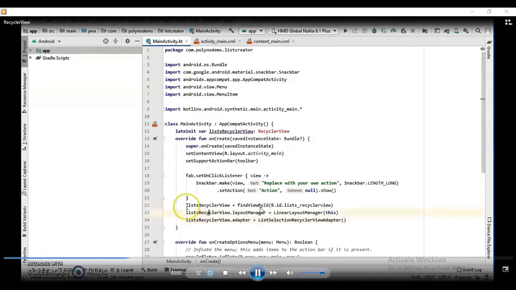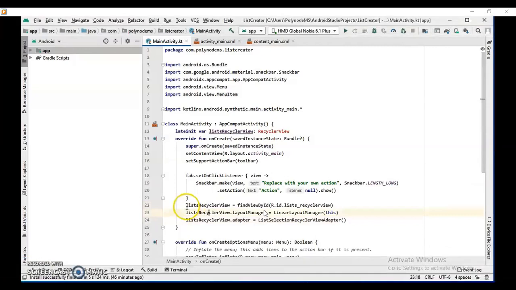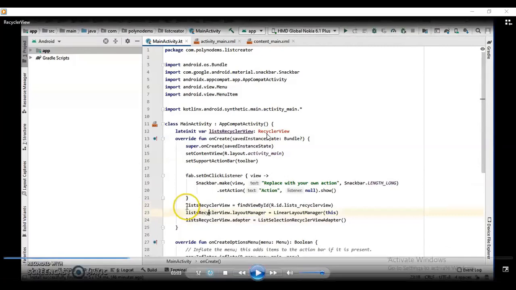One thing to keep in mind: if your internet is connected, try to disconnect it, otherwise it will take time to load. Now you can observe that RecyclerView is appearing in red. That means it has not been imported in this Kotlin file. The variable I have created here is list recycler view, of the RecyclerView class.